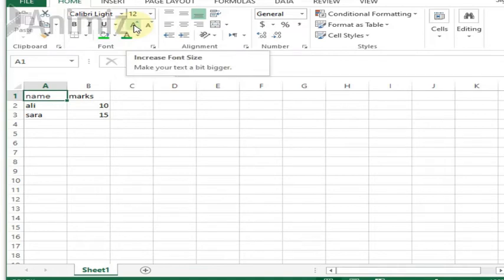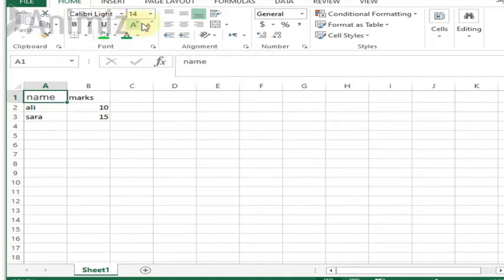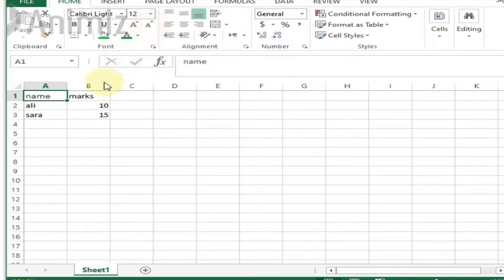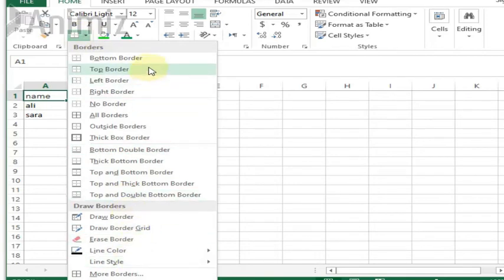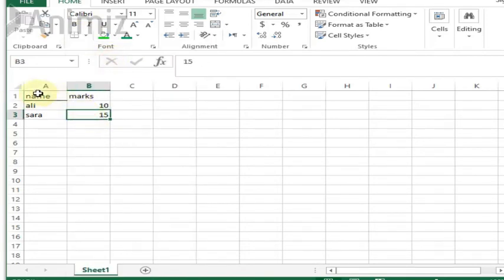If you want to increase your font size, then you have to click on this. And if you want to decrease your font size, then you have to click on this. And if you want to make a border, then you have to click on this border button. And there are different types of borders available. Bottom border, as I can see, there's this bottom border.